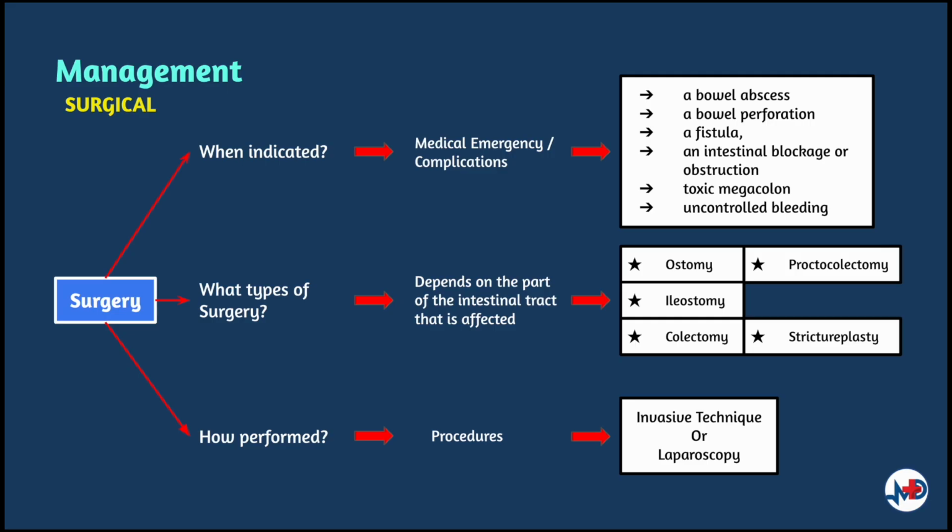A colectomy involves removing the damaged portion of the bowel, including the small intestine, large intestine, or the rectum. And this surgery is also referred to as a bowel resection. When only part of the bowel is removed, this is called partial colectomy. A proctocolectomy consists of removing the colon and rectum and often involves creating an ostomy to collect waste products.